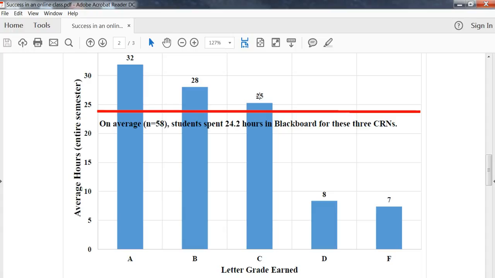Now some people might have to spend more time to get a C, and it's all individualized, I guess you could say. But when you look at all the students who made a C, that's the amount of time they spent, which happened to be close to the average of all the students total. And then you look at people who made D's and F's, and the average amount of time that they spent on the course, nowhere near even average. So I thought that was pretty powerful